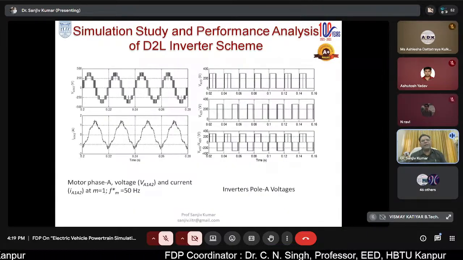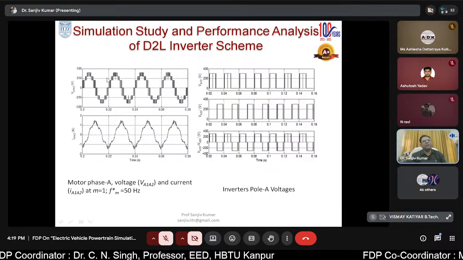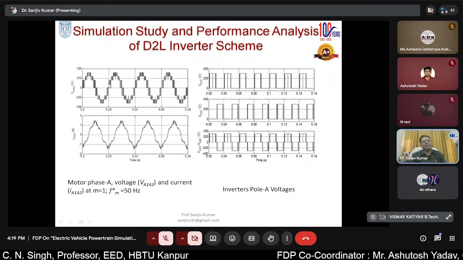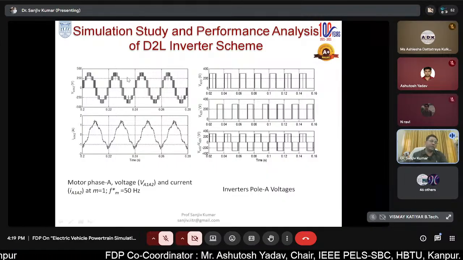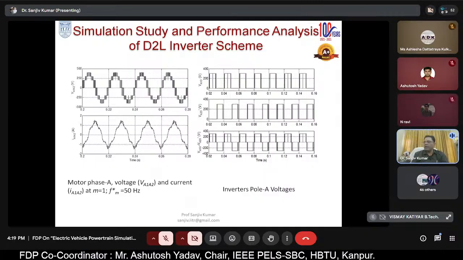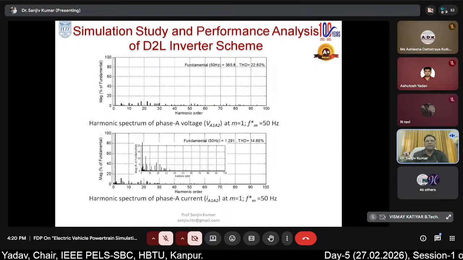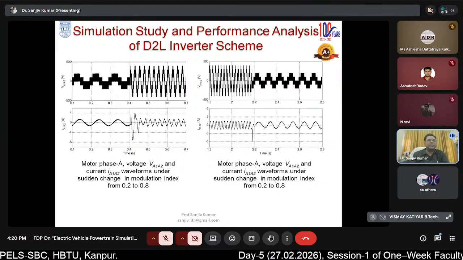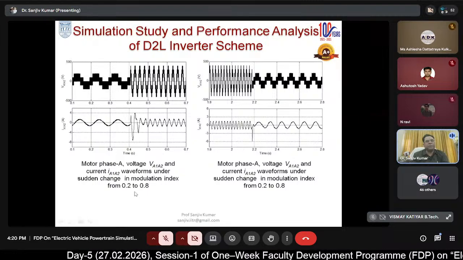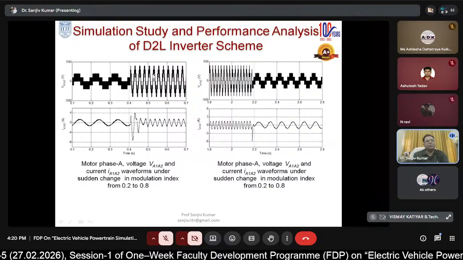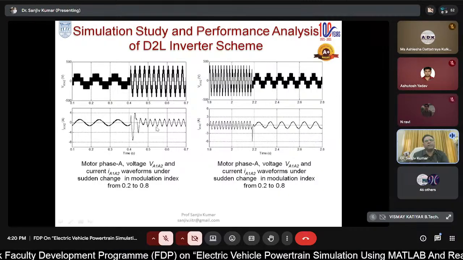And once you make the modulation index 1, your multi-level inverter is now operated in the normal 2-level mode. You can see it is the over modulation range, and the inverter is now operated simply in two-level inverter mode, and the THD and everything increases, right? The inverter is also tested for transient state, meaning when the modulation index is all of a sudden increased from 0.2 to 0.8, you can see the output voltage immediately changes, whereas the current takes a few cycles to settle.